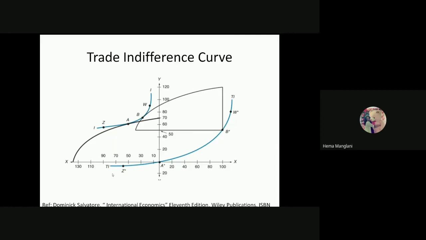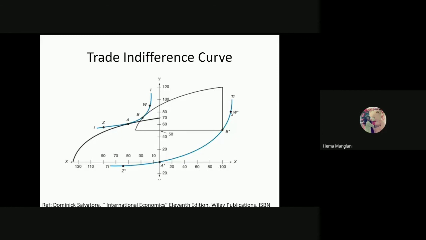So if we do follow the similar production point and similar consumption point, then we have a zero trade indifference curve, or zero welfare, which we are deriving out of this trade. And other points will have a positive value, because we are getting it through imports from the other country, and this is adding value to the consumption for this nation. So that is why the analysis of the trade indifference curve is very important.